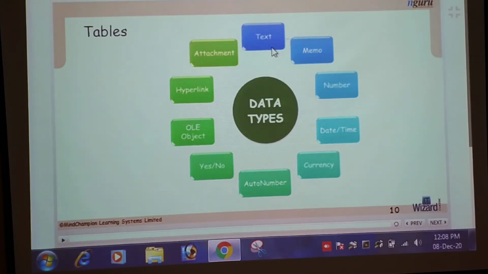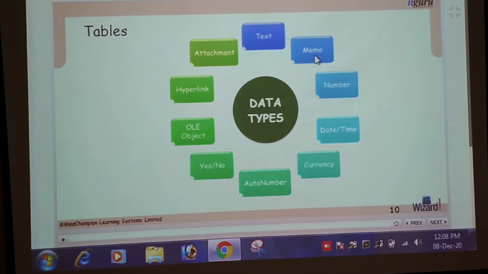Now, the next data type is memo. This data type is used for lengthy text or numbers. It supports 65,535 characters.